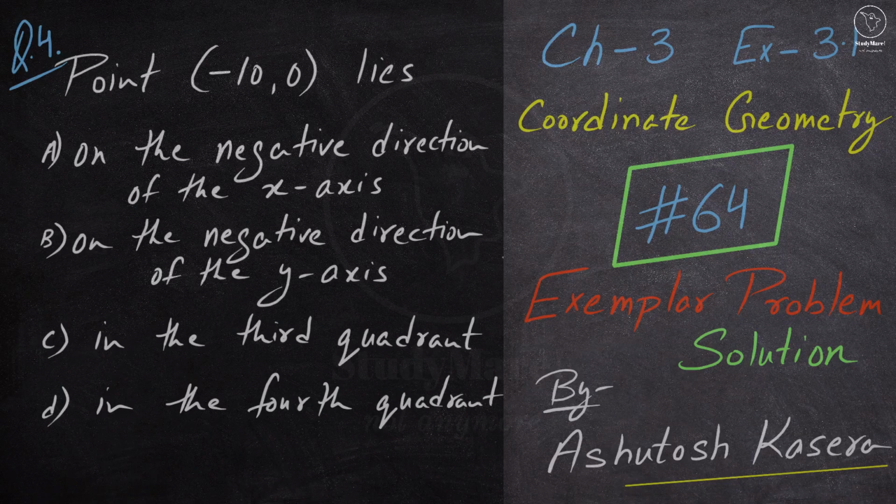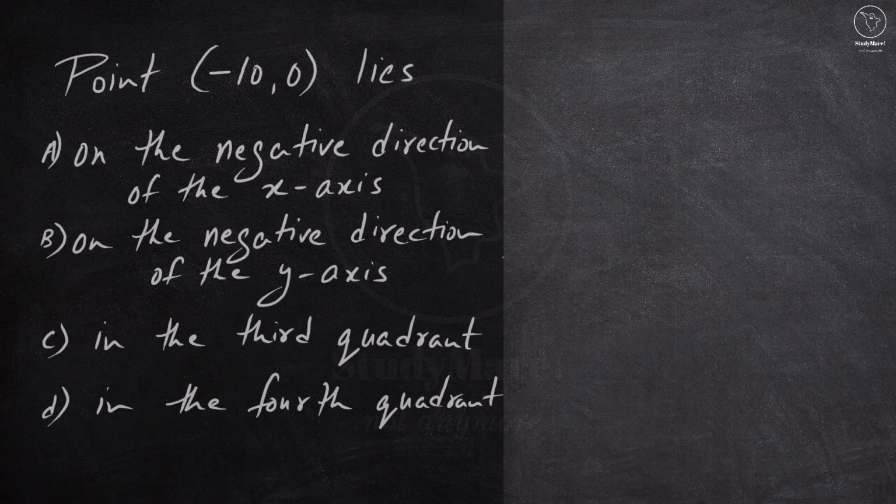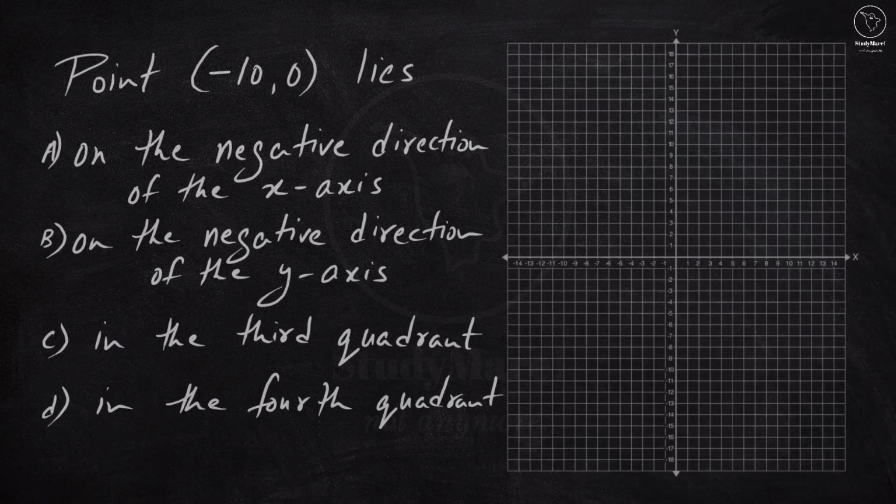Point (-10, 0) lies, we have four options. Option A, on the negative direction of the x-axis. B, on the negative direction of the y-axis. C, in the third quadrant. And option D, in the fourth quadrant. Again, a very easy question, just to help you understand how to plot points and how to find the answers